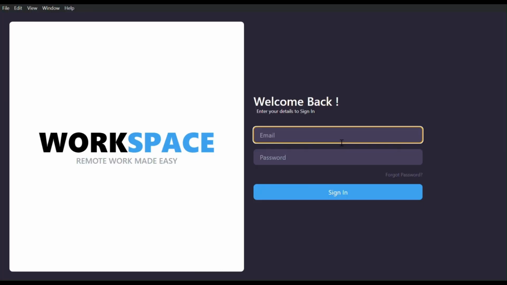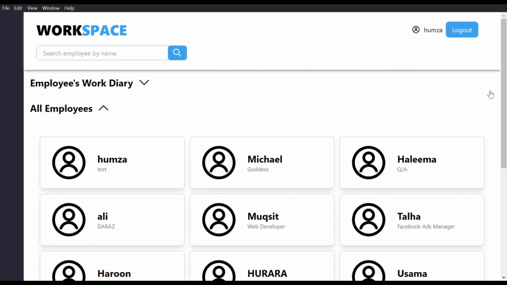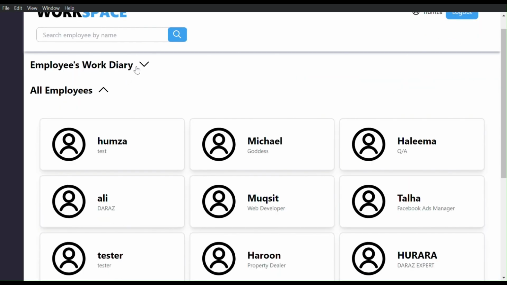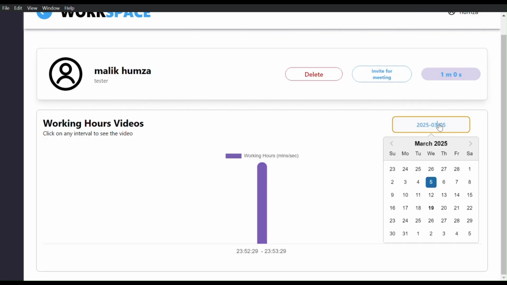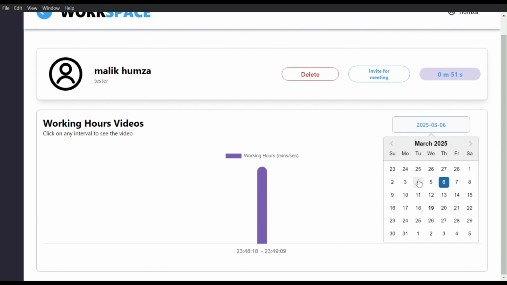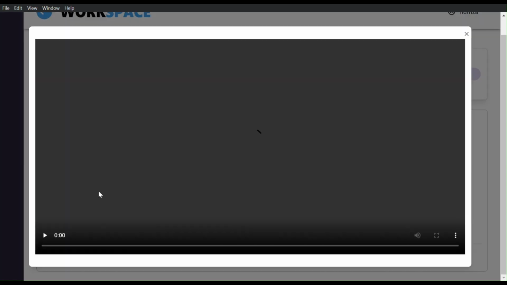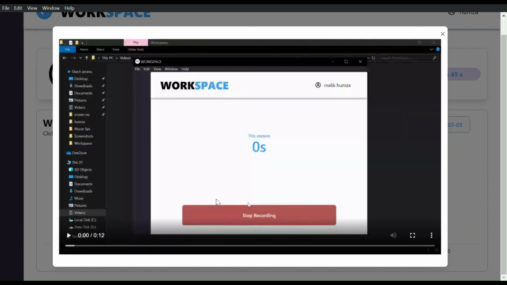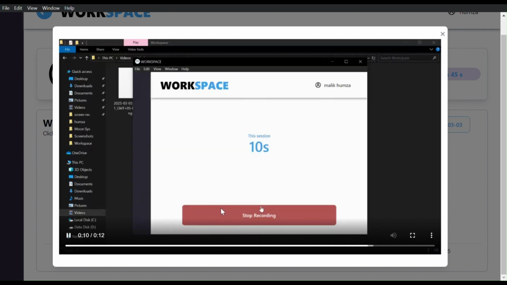Now, let's switch over to the admin side, where the power to manage and review work is at your fingertips. Admins have full access to all employee recordings. When an admin selects a user, they are presented with a series of bars representing the time tracked by that employee throughout that day. Each bar visually indicates the duration of a tracked work session. By hovering over a bar, the admin can view the exact time range it represents. Additionally, clicking on a bar opens the corresponding screen recording, allowing the admin to review the specific time period in detail, giving them complete oversight of work activity.